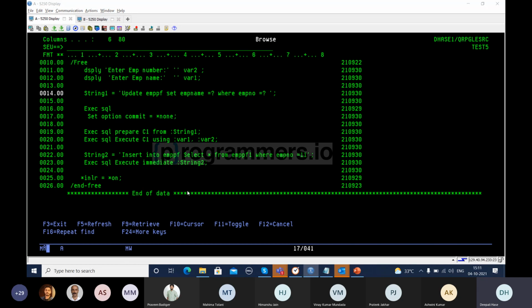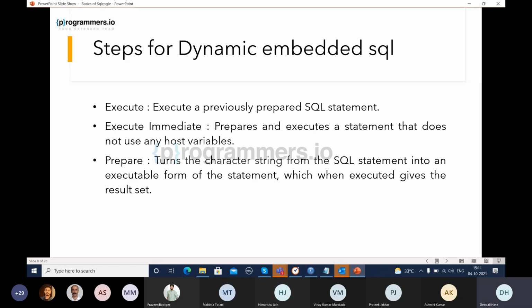So we can use prepare and execute if parameters are involved in the dynamic SQL query. But if there are no parameters involved, and it is a hard-coded query, then in this case we can use execute immediate